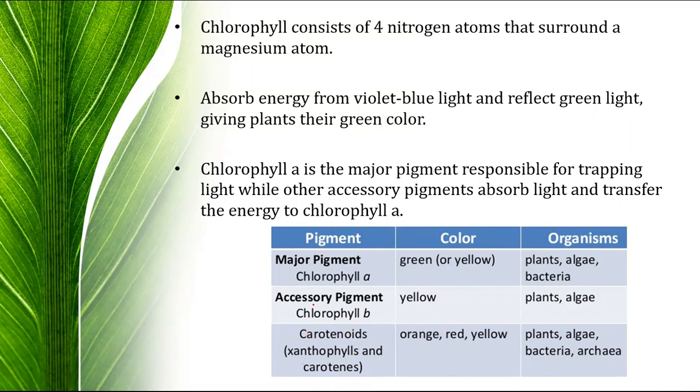Now, that's why chlorophyll A is called the major pigment molecule, or the reaction center of photosynthesis. Why is it called the reaction center of photosynthesis? Because the light energy gets converted into chemical energy. That means this is the exact location of the conversion of light into chemical energy and the formation of carbohydrates. That's why chlorophyll A is called the reaction center of photosynthesis.